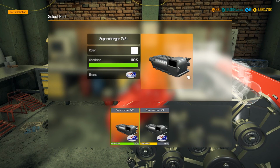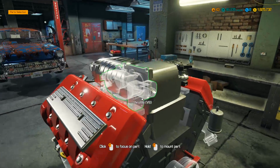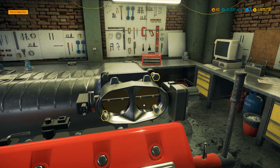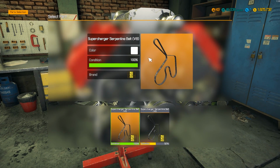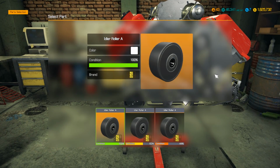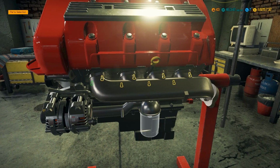Especially if you're going to be doing dynos. But I guess the dyno is only going to be for a car build. It's not going to be where you can hook an engine up without it being in a car and dyno it that way. Oh, but yeah, the ability to stockpile motors would be nice. You pull a car in, and you've already got the motor for it in the warehouse that you've customized and put hot rod parts in or whatever. And then all you got to do is